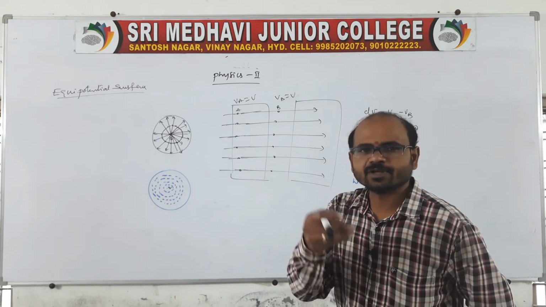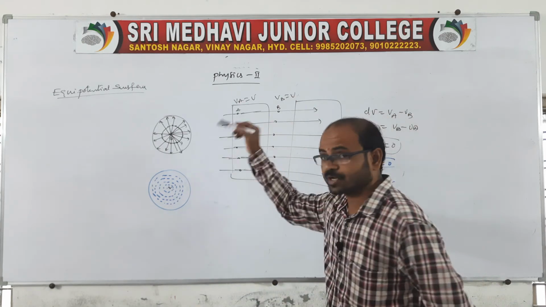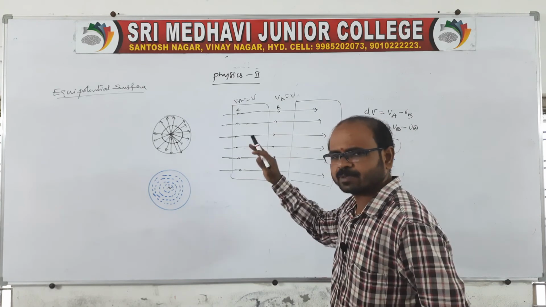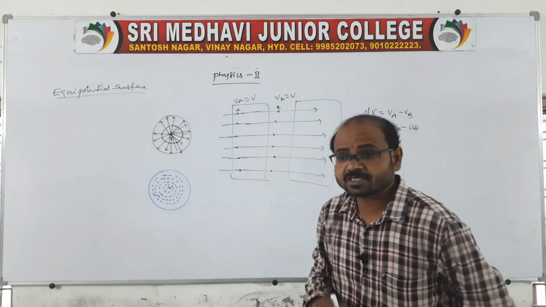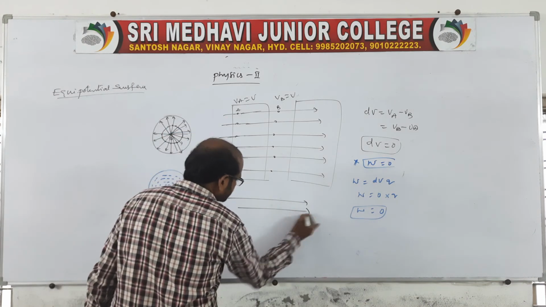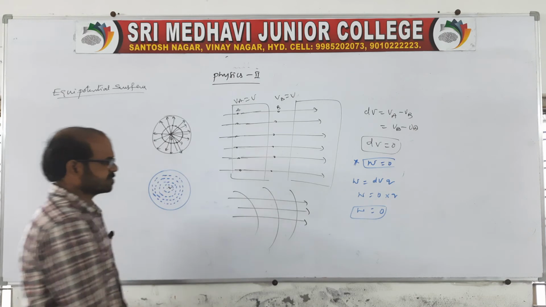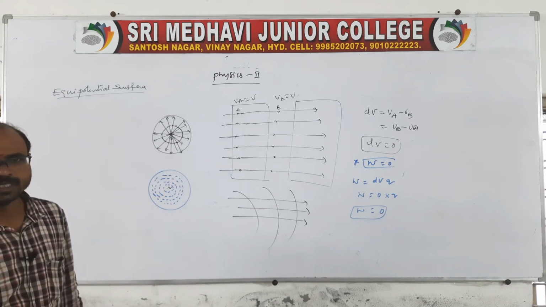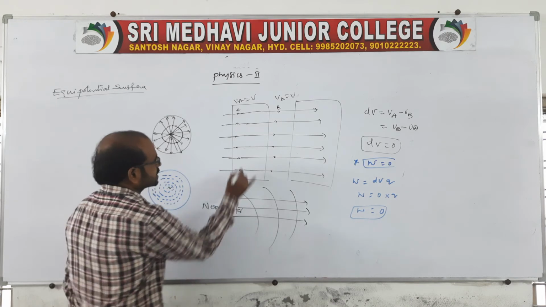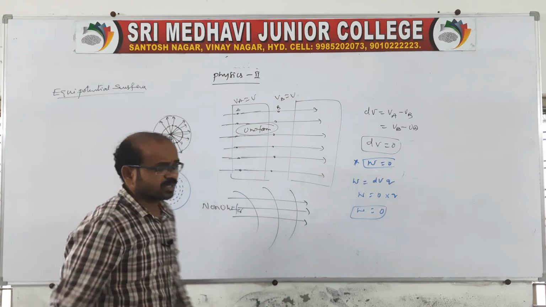Sir, in case of a non-uniform field, they are not straight, but it is perpendicular. However, the equipotential surfaces may be curved like this. Look at non-uniform, I am telling you, they are not straight, but may be curves like this. We will get something like this. Equipotential surfaces are curved in the case of non-uniform, and straight in the case of uniform. Right.